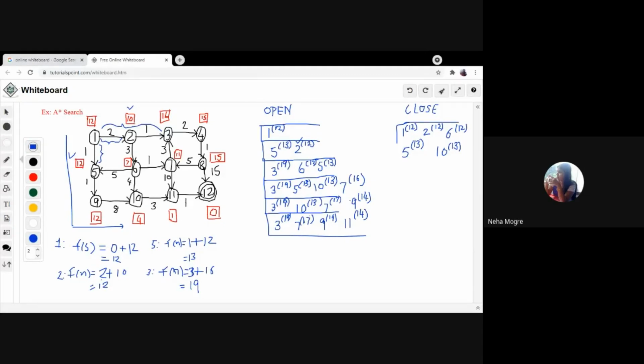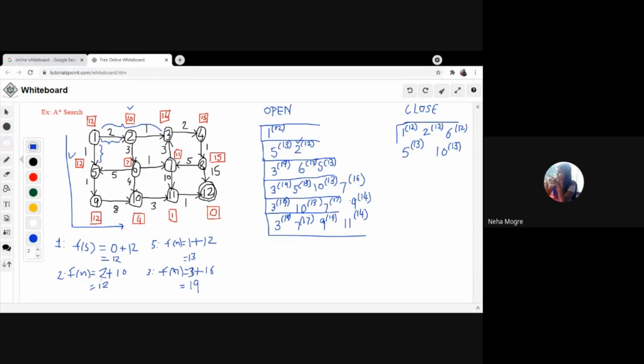So we will choose the same path. There can be a more optimal path also, but if you have a better f of n value, you can update it. Otherwise you go in the same manner only, how you are coming. Like we have selected here 9, so we will be choosing the same path from 9.